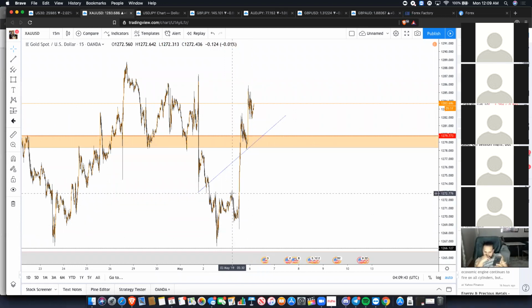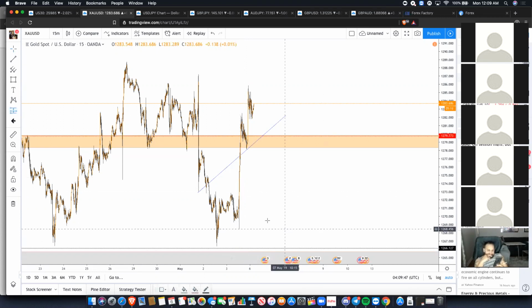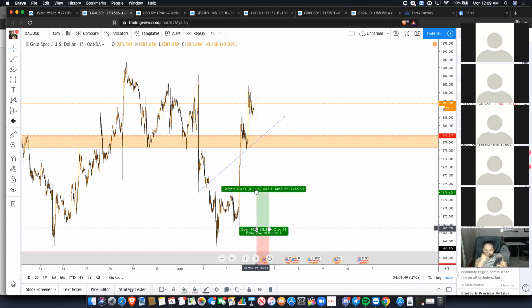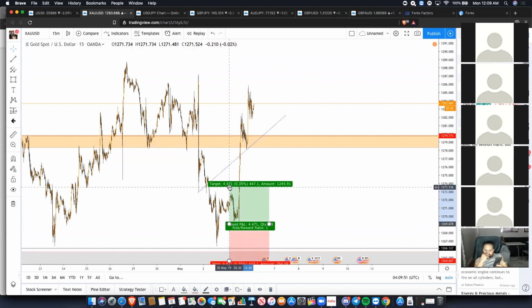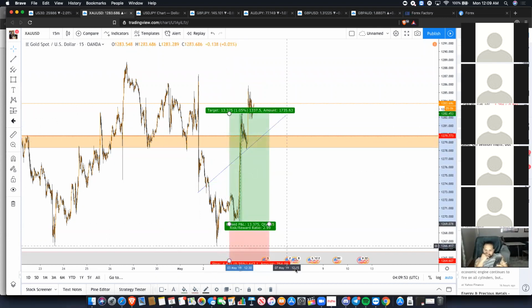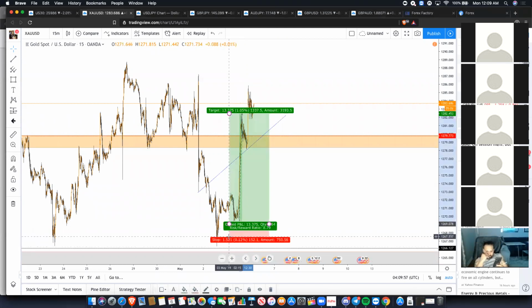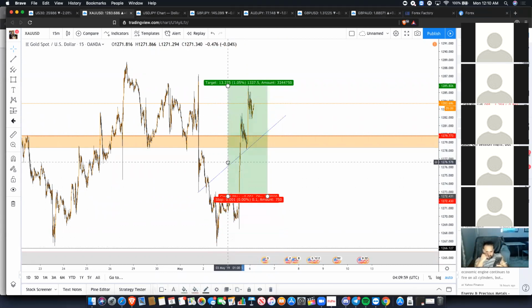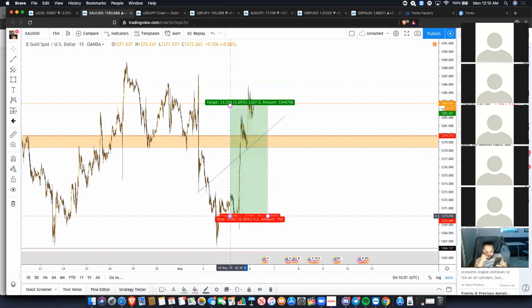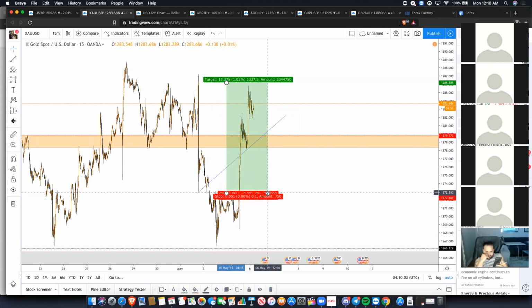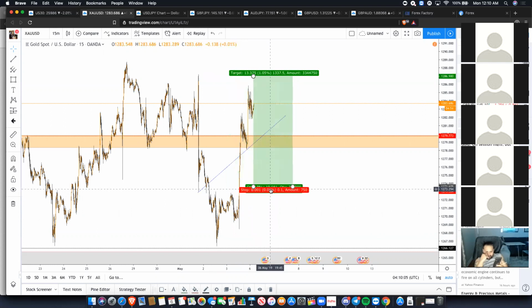So what I mean by that is if you entered here, say you would have entered here, and this was your take profit, every time your trade goes in profit, just go ahead and adjust that stop loss to the previous high